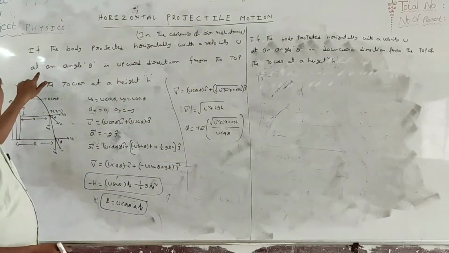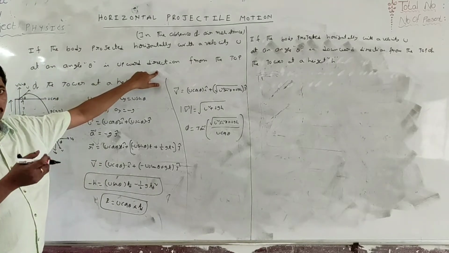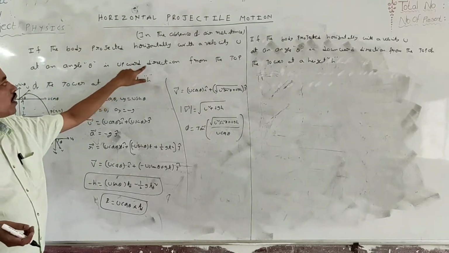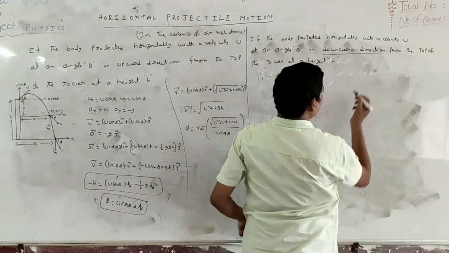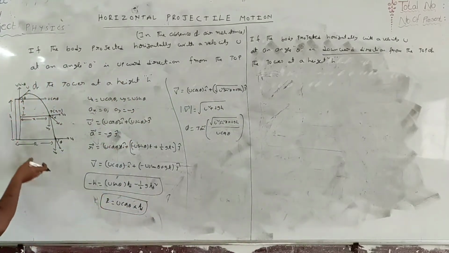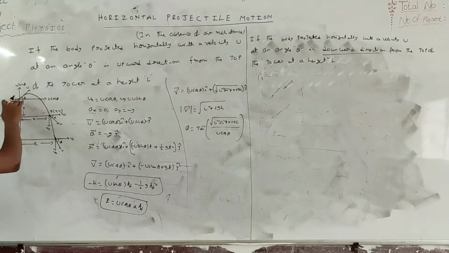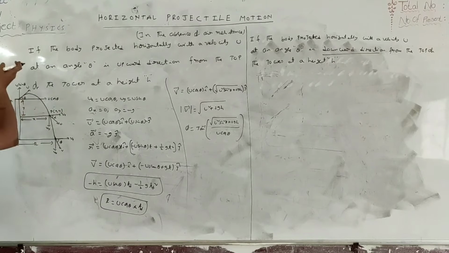Now, in the first case, the body is projected with a velocity u at an angle theta in upward direction. In this case it is in downward direction, and the discussion is the same as follows. To sketch the diagram, if the body is projected with a velocity u at an angle theta in upward direction,